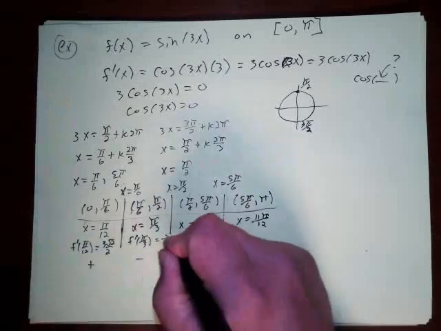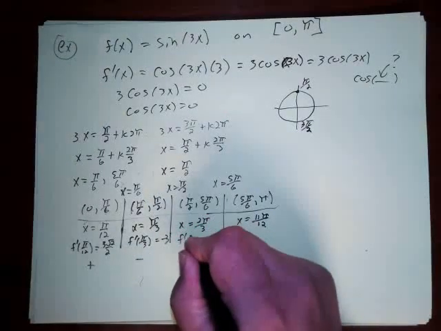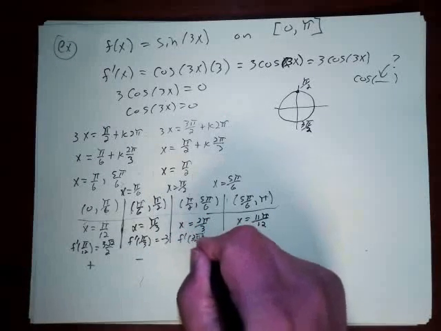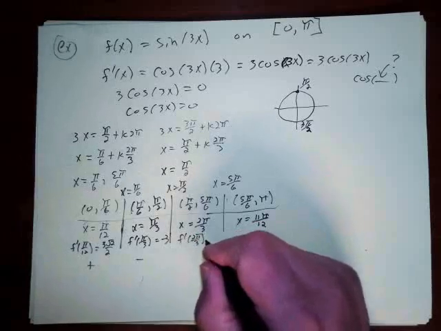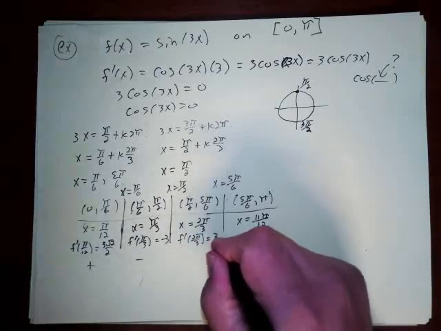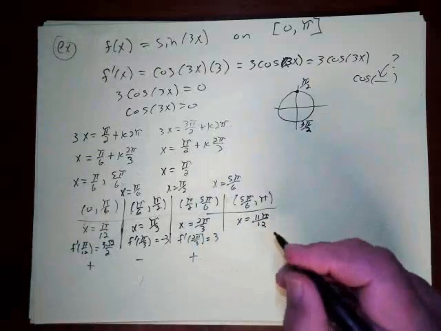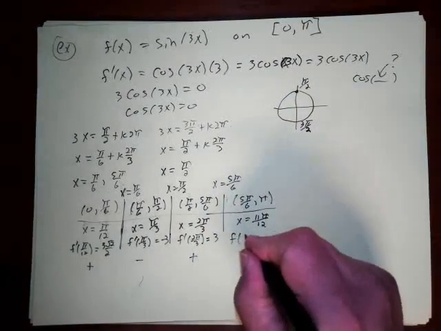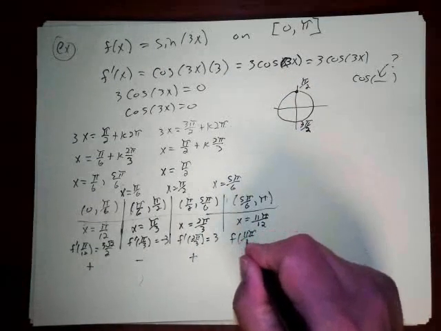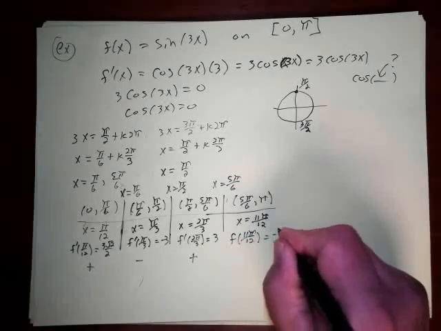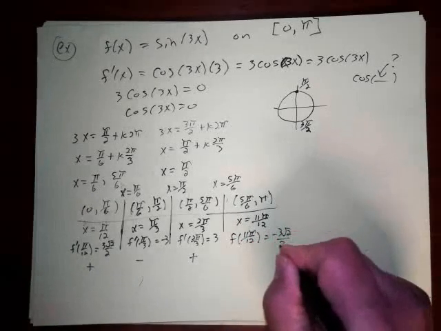And I get a negative derivative. When I stick in 2 pi over 3, this becomes positive 3, and that's a positive. And then when I stick in 11 pi over 12, this becomes negative 3 square root of 2 over 2,